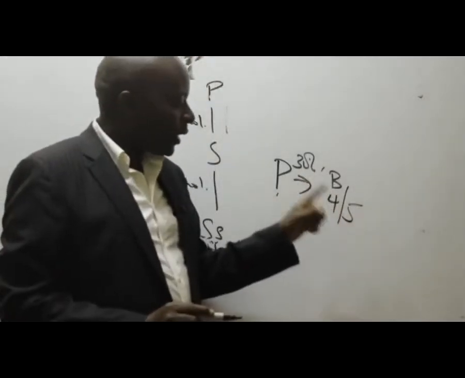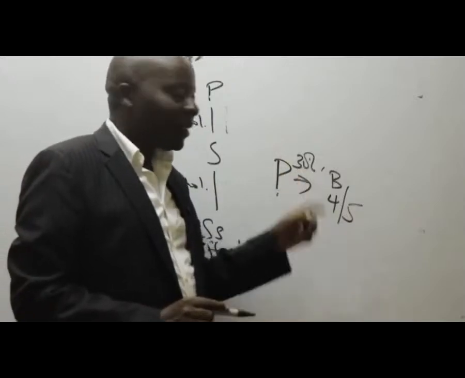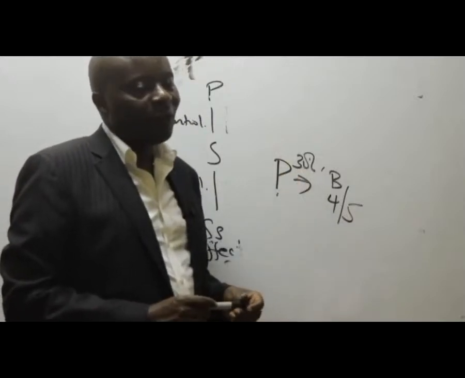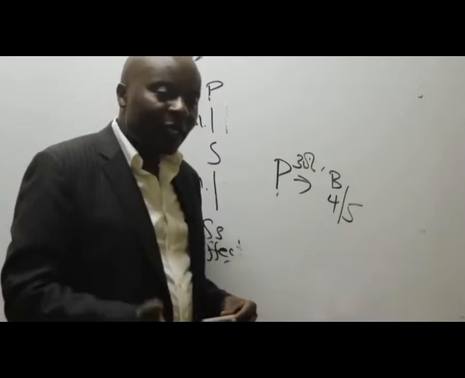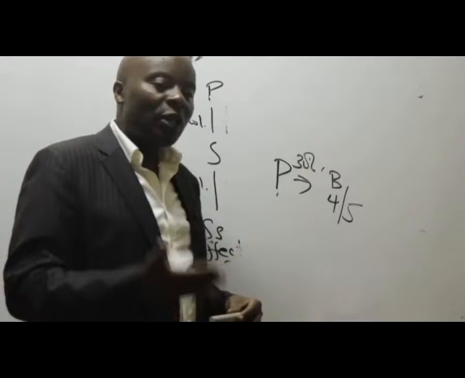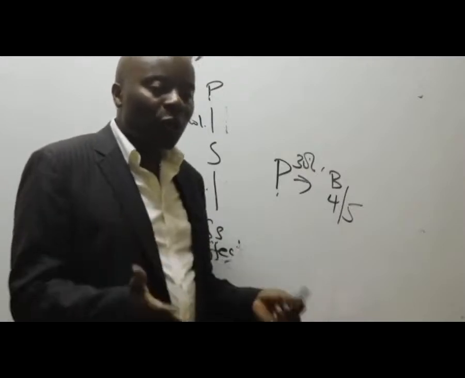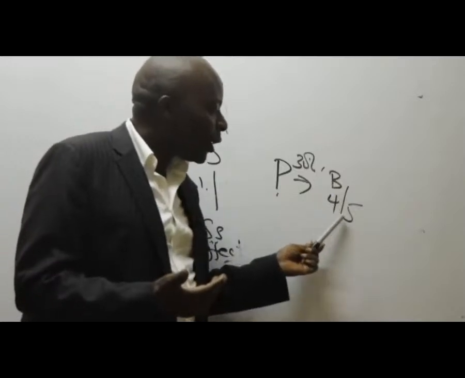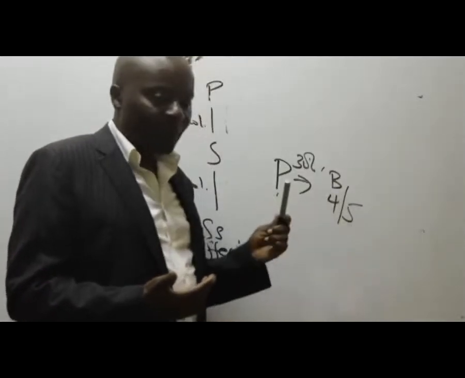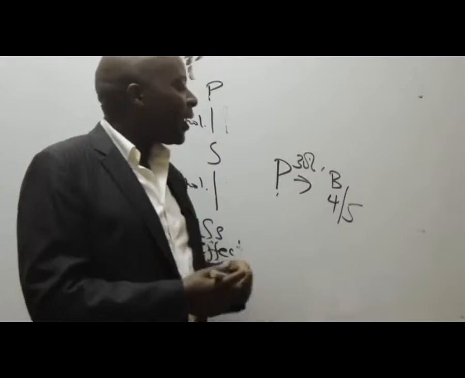4 out of 5 directors of B. I'll not say that, 30% is less than 50%. I told you that is the old standard. The new standard nowadays looks at what we call substance over form. Who is controlling this company? If you are the one controlling this company through, for example, directorship, or at times by this percentage could